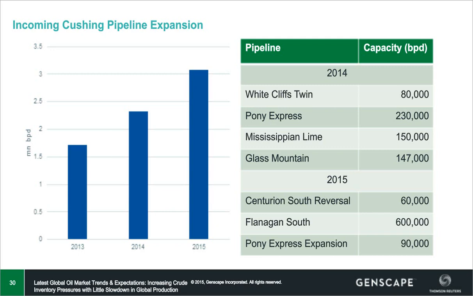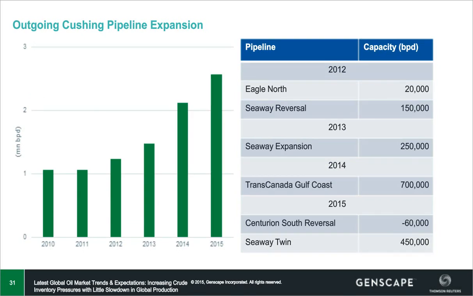Initially, after the big bill, we saw a lot of relief when Seaway got reversed. And then Seaway, of course, was expanded to bring a total capacity to almost 400,000 barrels a day. The Trans-Canada line came online, adding another 700,000 barrels of production to take it away from Cushing. And then, of course, we brought on the Seaway Twin, adding 450,000 barrels a day. In total, we actually put about 4.5 million barrels of takeaway capacity into Cushing in about a 2.5-year period of